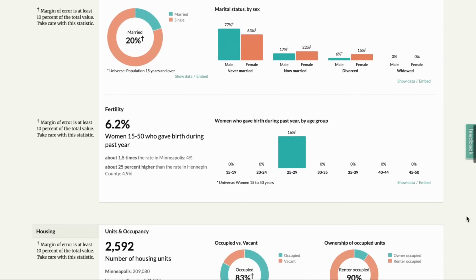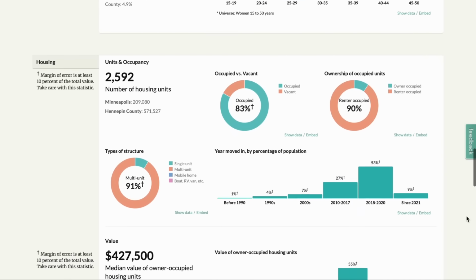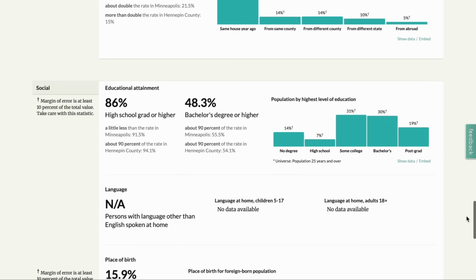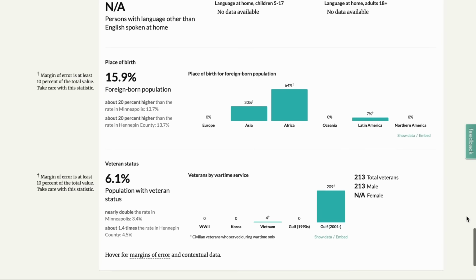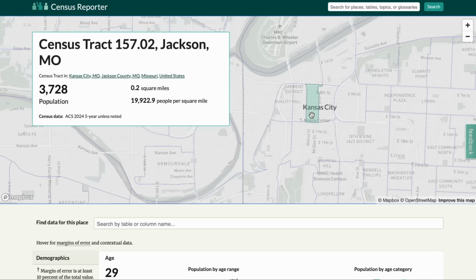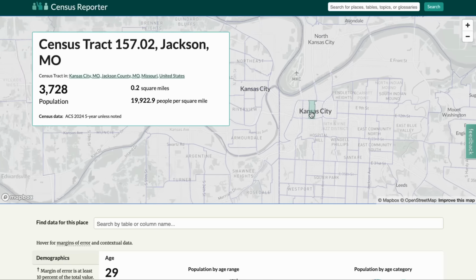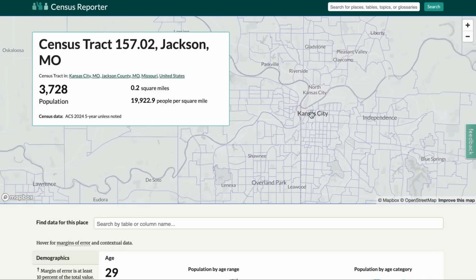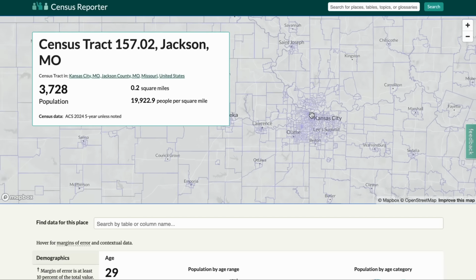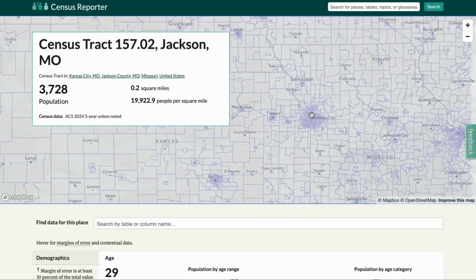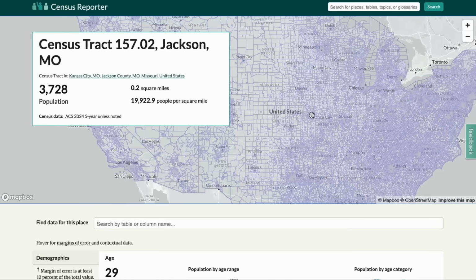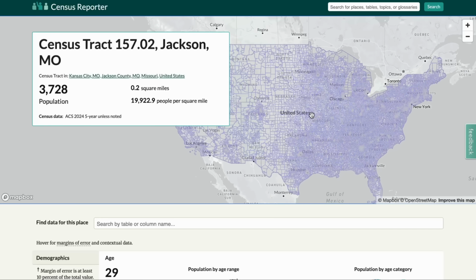You can get smaller, like census block groups or even blocks, but the data starts getting wonky the more granular you get, and as you're going to see, the census tract level is going to be plenty specific for what we're talking about. As you might have guessed at this point, census tracts in dense urban areas are going to be much smaller than those in suburban or rural areas. And since you're wondering, there are 85,158 tracts in the US, which, if you multiply by the average population of 4,000, gets you roughly the population